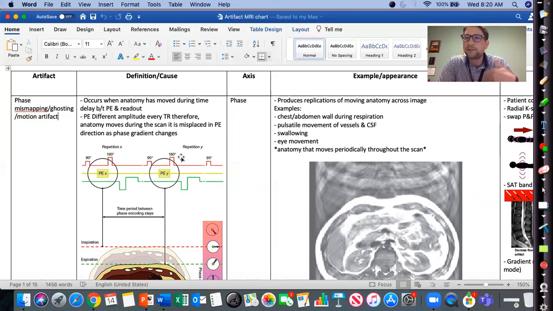Things like that are involuntary motions. Those are things we can't fully compensate for, because you need your heart to beat for you to stay alive. What we're really going to be talking about is compensating for that respiratory artifact, or respiratory motion, and some of the flow motion we get from flowing blood and CSF flow, which we talked about a little bit last chapter. Okay. So by definition, phase mismapping occurs when the anatomy has moved during the